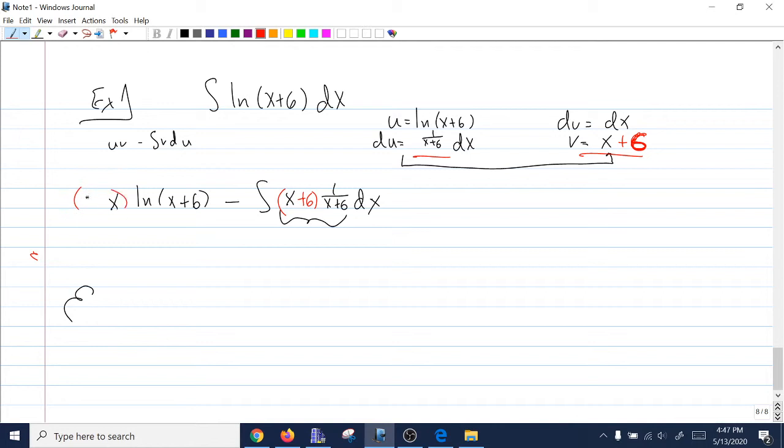The thing you have to keep in mind, if you go back and change what your v was, you used v over here also, so you have to fix that copy of the v also. I get this becomes minus the integral of 1, so that becomes minus x. Our answer is